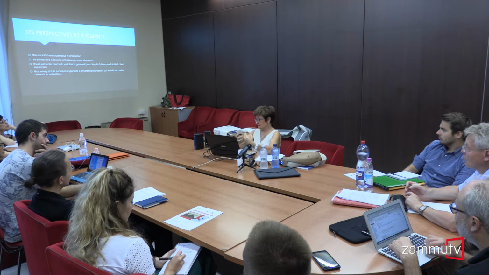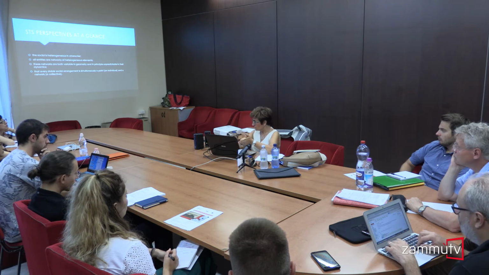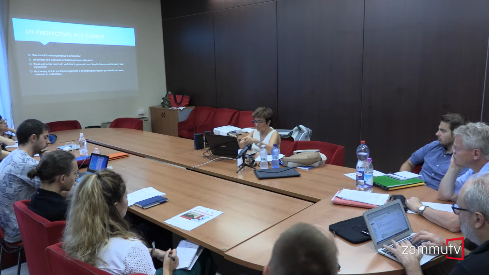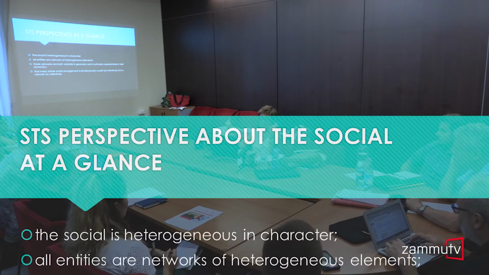Modernist culture is that kind of cultural framework within which human and non-humans are the opposite sides of a dichotomy. Nature and culture are the opposite sides of a dichotomy. The STS perspective takes a stance against this kind of perspective as an ontological perspective and as a methodological one. The idea is that nature and culture, human and non-humans, or artifacts as they are called within the STS perspective, nature and culture again, are differences which are continually constructed and reconstructed in a heterogeneous assemblage